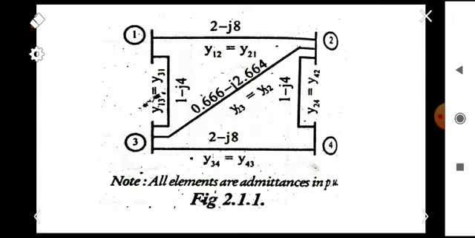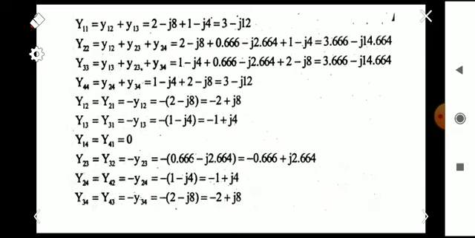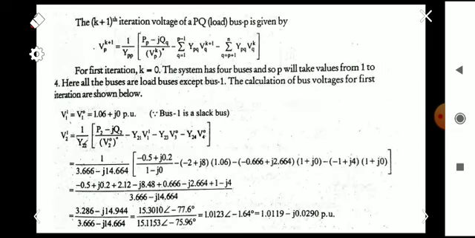That is, we will use an acceleration coefficient alpha here, for faster convergence. For getting a faster convergence we have to use an acceleration factor. That acceleration factor is given in the question itself, that is alpha is equal to 1.6. So we have found the y21 value here, and using this y21 value we have to calculate the accelerated value